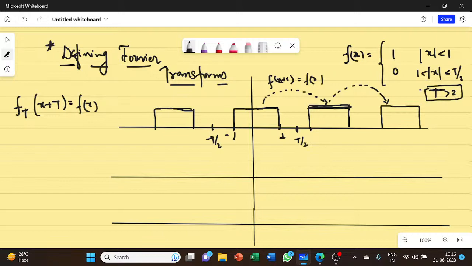देखो इसका मतलब क्या हुआ, f of x is equal to 1 if mod of x is less than 1. mod of x less than 1 मतलब क्या हुआ बेटा, x lies between -1 and 1. तो जब भी x -1 से 1 के बीच में, तो फंक्शन क्या है, 1 है, अदरवाइज क्या है, 0. और साथ ही साथ क्या बोला गया है, फंक्शन रिपीट्स सेल्फ इन अ पीरियड t. सो बेसिकली तुम जैसे t ऐड करोगे, सो दिस इज, लेट्स से दिस इज t by 2, this is 1